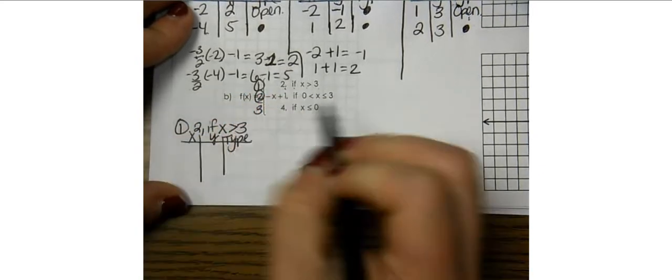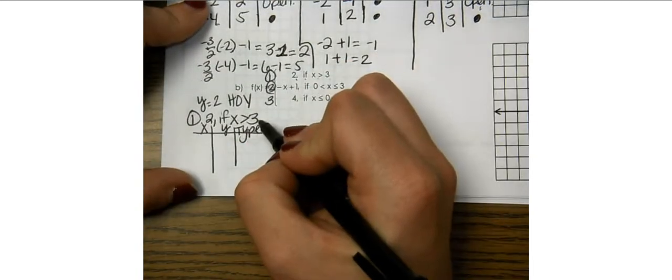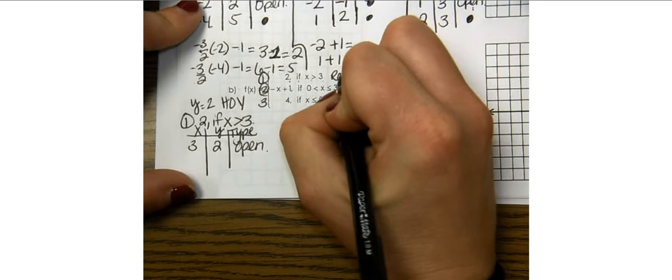I'm going to create my table, x, y, and type. And what's nice about this problem is that they give us a HOY right away. This is a y equals 2. Horizontal line, 0 is your slope, y equals a number. And I'm going to automatically use the number that's given to me, which is the number 3. And my output's going to be the number 2. And my type in this case is going to be open. And why is it open? Well, because 3 is not included in this number line. I would anticipate, once again, having a ray, a segment, and a ray